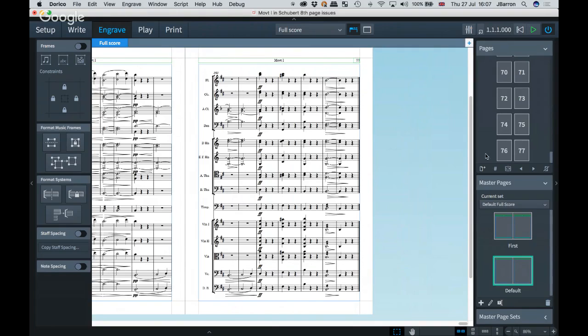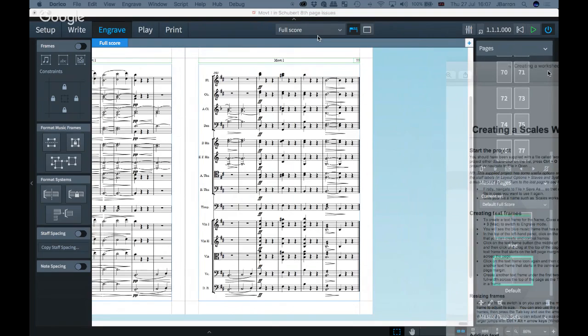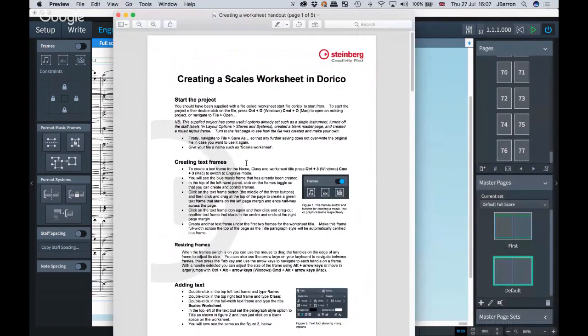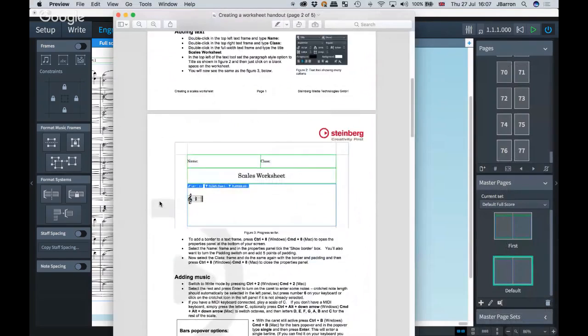layout frame. So when you want to do things like make a worksheet, I was recently at the Marylebone Music Conference in Australia, and I was talking to lots of teachers there, and the first thing they wanted to do in Dorico wasn't to create a piece of music, it was actually just to create a worksheet, and that's where they wanted to start. So I've also, and I'll make this available after the session, I've made a Creating a Scales worksheet PDF, which you'll be able to download and try out and